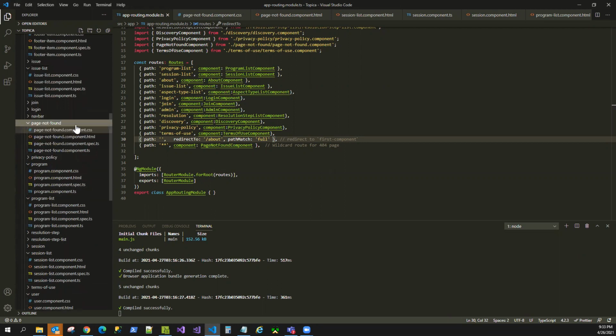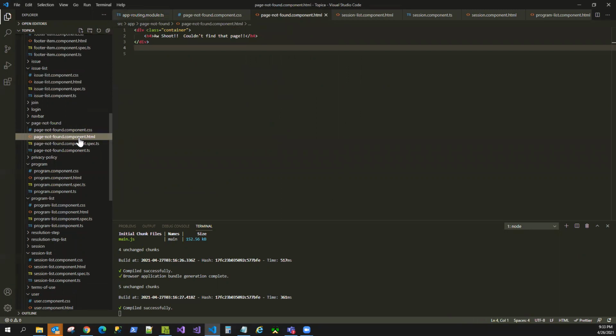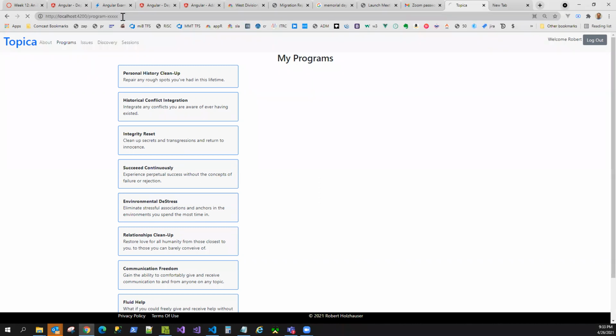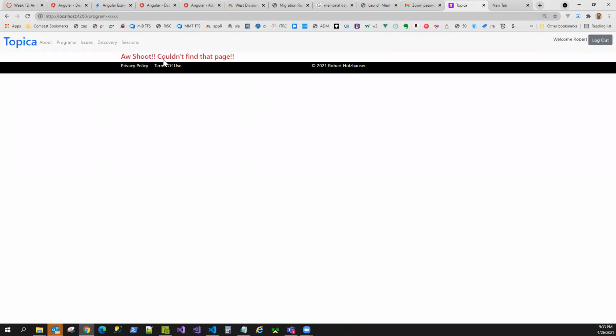Here we go. So very simple page not found. And let's demonstrate that that routing is working. Just add some Z's here, something kind of X's, something kind of nonsensical. And that's our template for the 404 page. All right, so